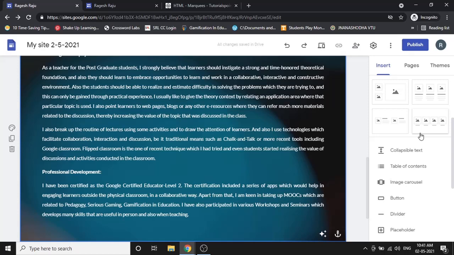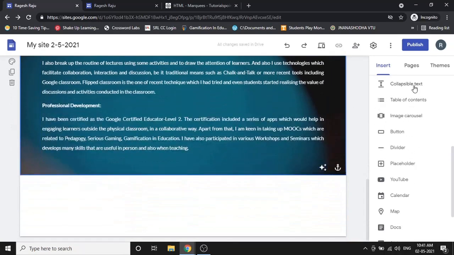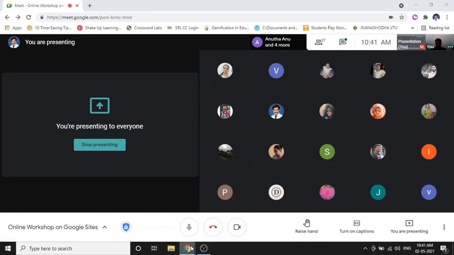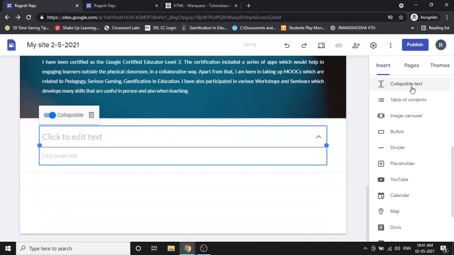Next is collapsible text. We will show you how collapsible text works. I click on collapsible text.